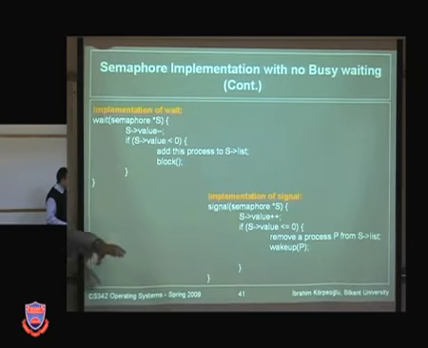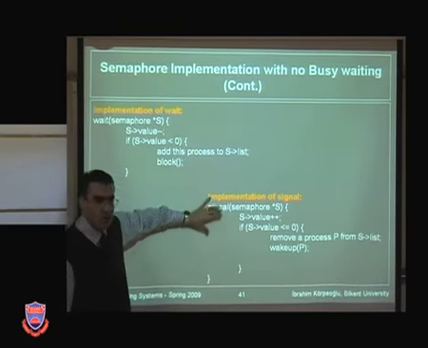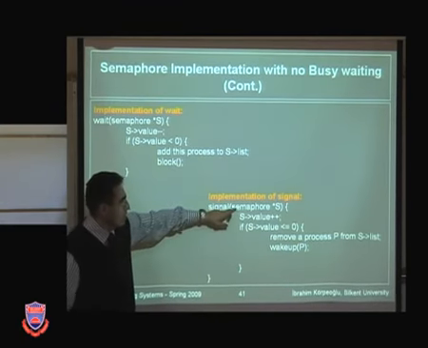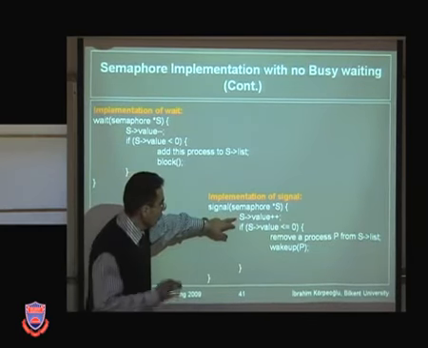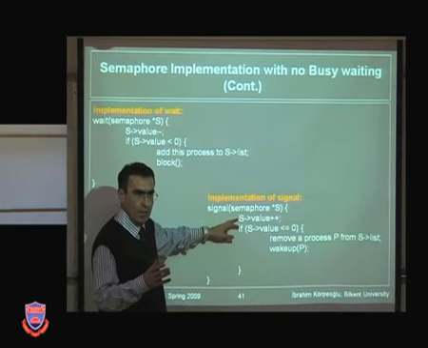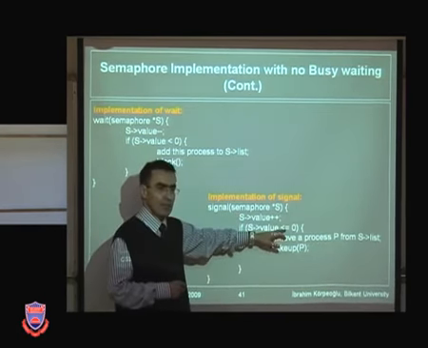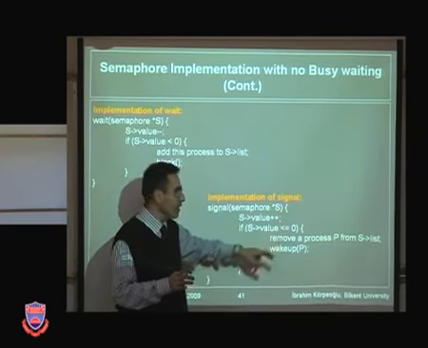So then let's look at the signal operation, how we can implement it inside the kernel. The kernel implementer implements it in this way. So, signal system call, signal on a semaphore S. What are we doing here? We first increment the value of the semaphore by 1. So if the value is now still not positive, then that means there was a process